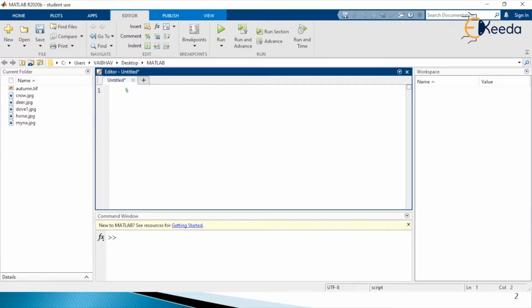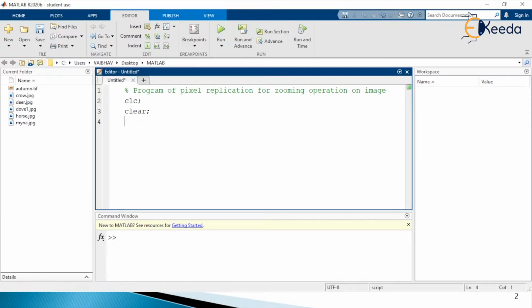A comment line starts with a percentage sign, and here I am writing: program of pixel replication for zooming operation on image. To start a fresh execution of this MATLAB program, we will first like to have the command window with a clear screen. We don't want any variables in the MATLAB workspace.